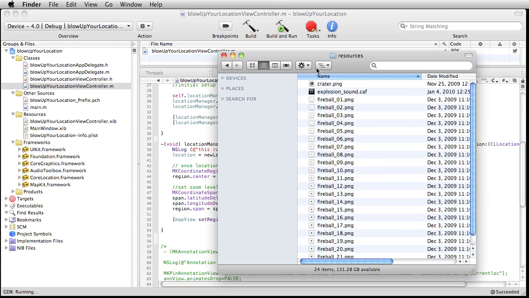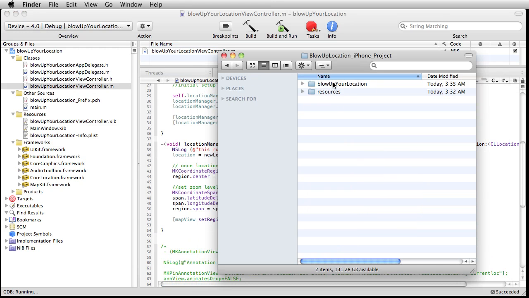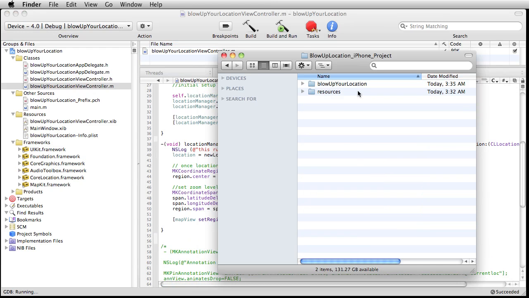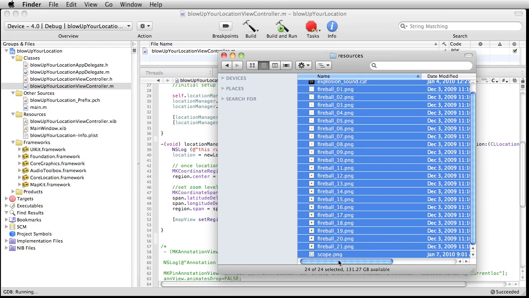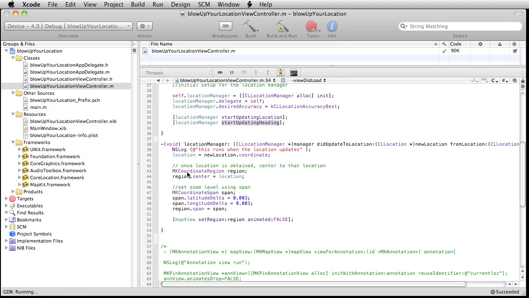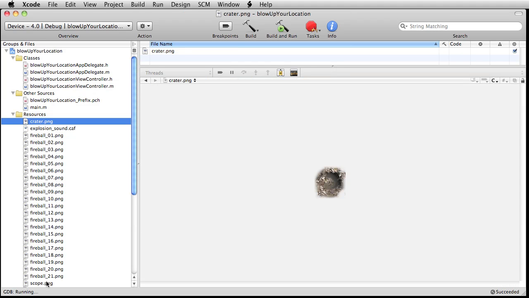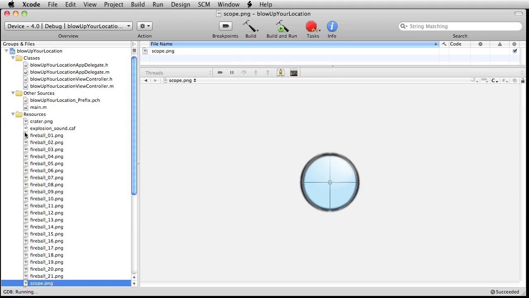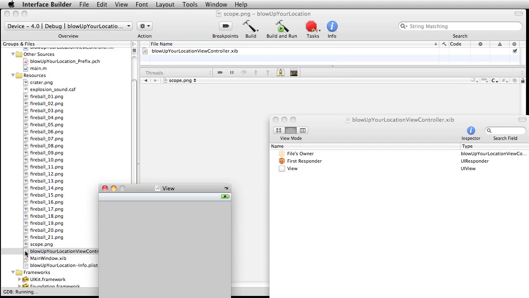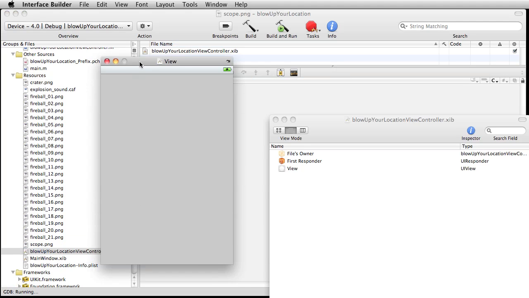Okay, so in this resources folder that I gave you guys in the main example folder here, well, now I'm all over the place. Just go ahead and grab everything in here, and let's dump it into resources. Be sure this is checked off, copy items, and we're going to just make use of this scope for right now. So go to blow up your location view controller .xib or .nib, whichever pronunciation you prefer, and